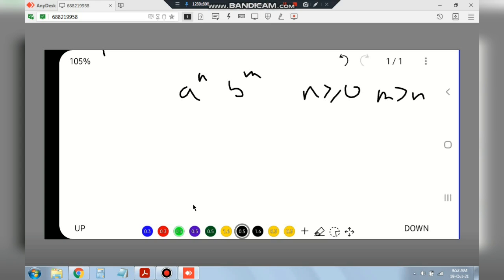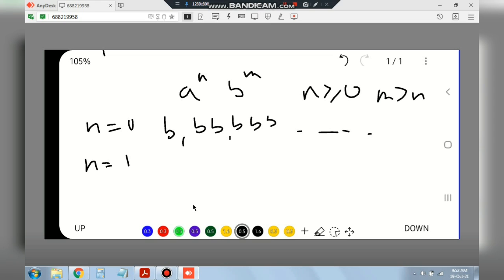So if n is equal to 0, let's write down the first case where n is 0. In case n is 0, what should be the string which we have taken? a power 0 is nothing, so it will be b or bb, bbb, and so on. You can represent bb in different forms. For now, let's consider this one.